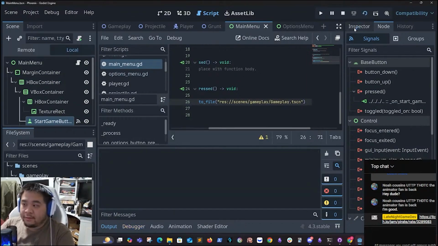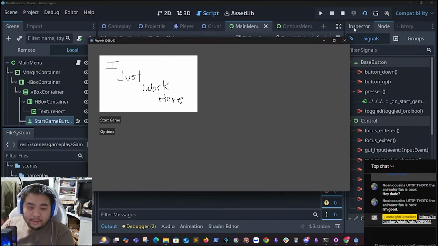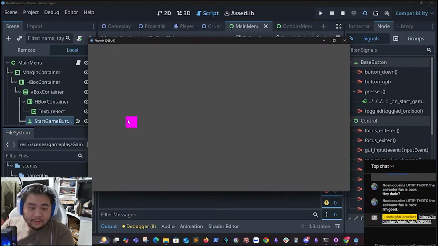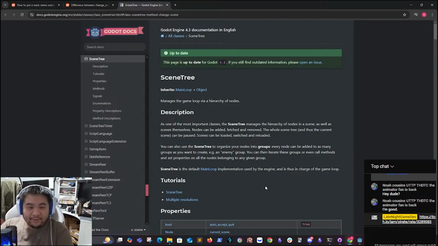Okay, so we go ahead and do that. Awesome. Thank you. Let's read the description here. One of the more important classes, the scene tree hierarchy of nodes. So nodes can be added, fetched, removed from the whole scene tree. You can use the scene to organize your